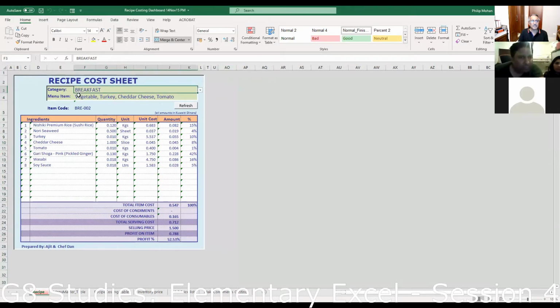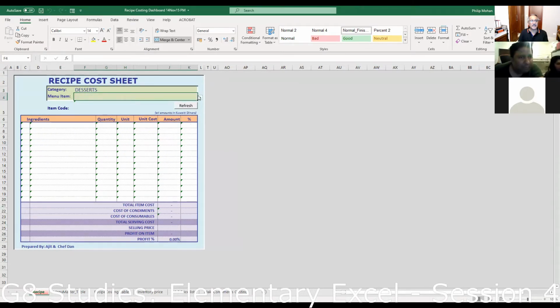I have a drop down list. Main category is 6 types: breakfast, desserts, marquee, salad, sauces, and sides. So let's say I go to desserts. If I go to desserts, then it will give me the various desserts available here. This is the next sub-selection. It's like the filtering, if you remember. It is a kind of filtering, but we're doing it in a more sophisticated way, that's all.